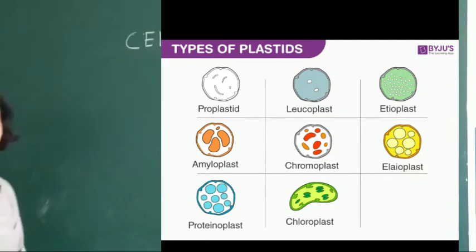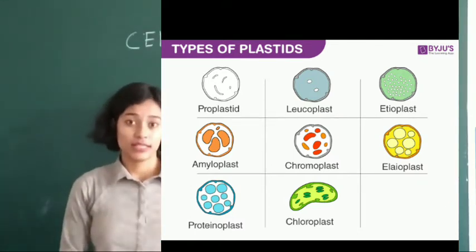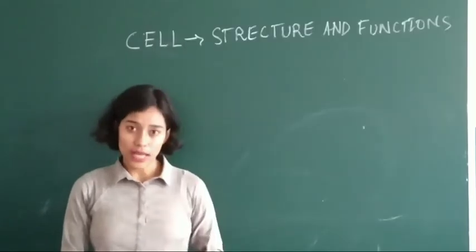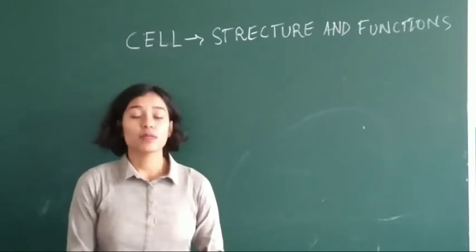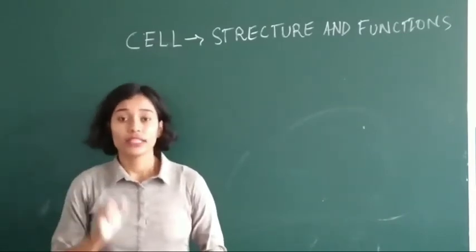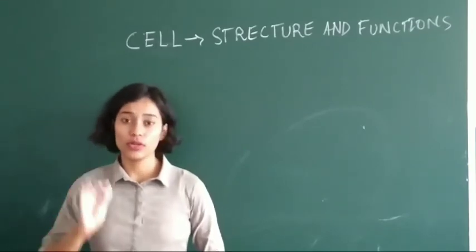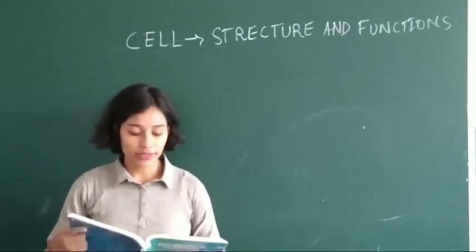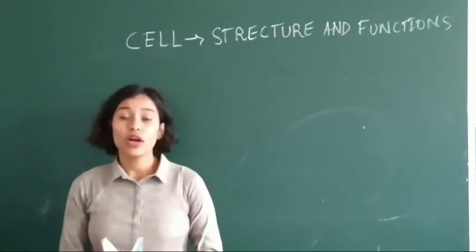Plastids are of different colors, but some of them contain green pigment. Green colored plastids are called chloroplasts, which are present in almost all plants. They provide green color to the leaves. We all know that the